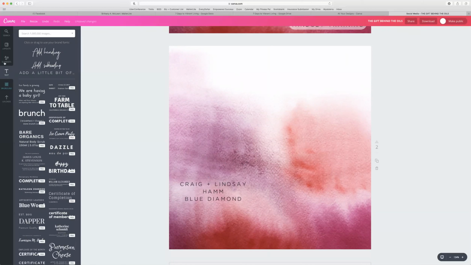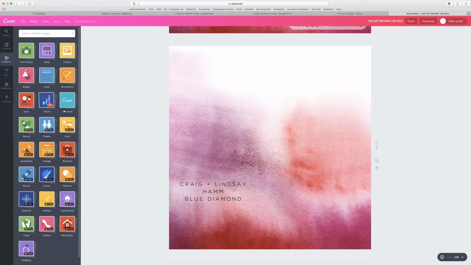All right, so my trick for all of this, people ask me, how do you do all these circles and make all these things look so pretty? You can do shape cutouts, so you can actually go in, edit the photos and make them circles. But I do something called a frame, and it makes my life so much easier. I click on frames,